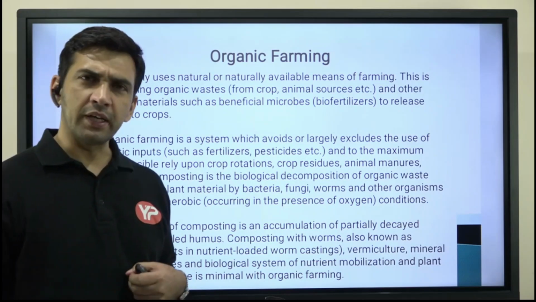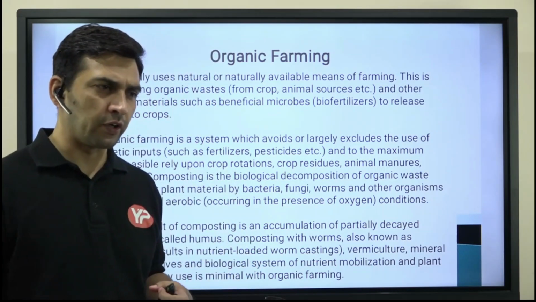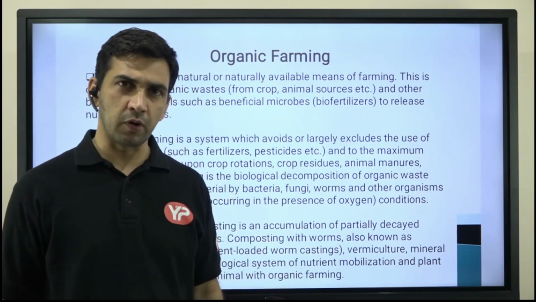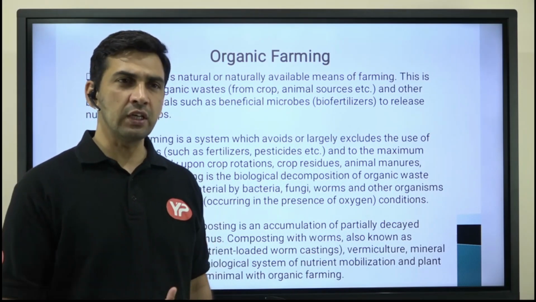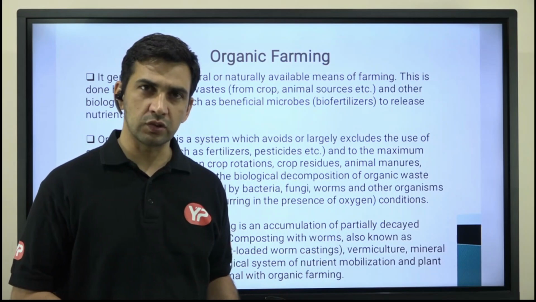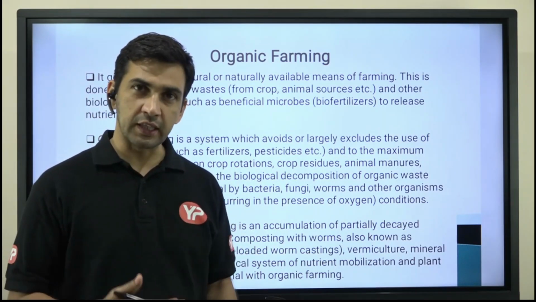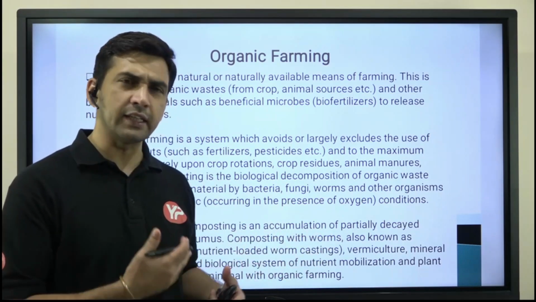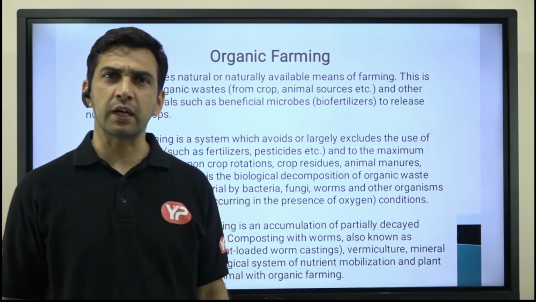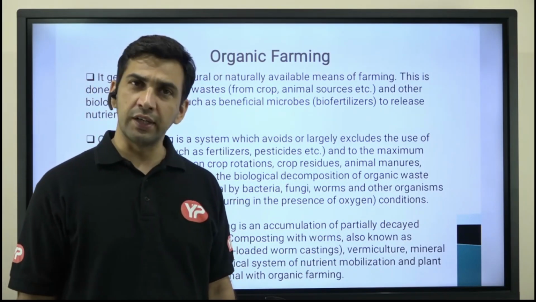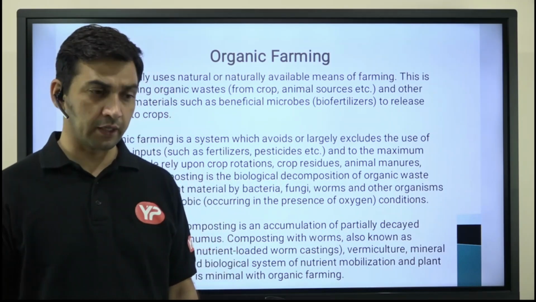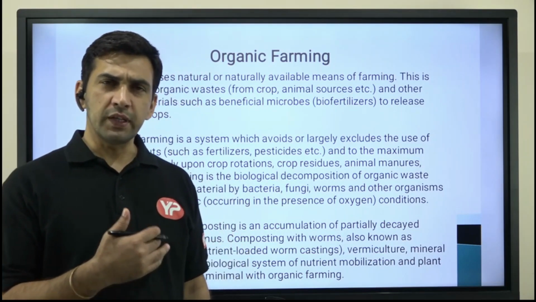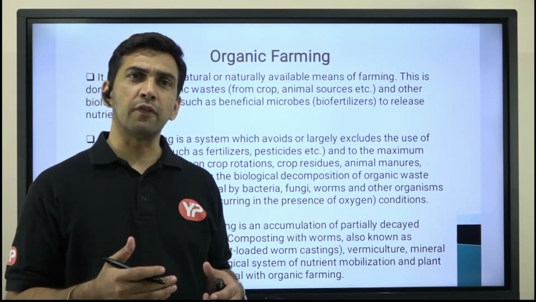So whatever farming or agriculture practice we are already following, for example, today the agriculture activity on which we are mostly dependent, we call it conventional farming. Conventional farming means we are making use of artificial fertilizers and artificial pesticides and all that. So the technique that we use on a regular basis in agriculture-related areas, we have classified as conventional farming. In case of organic farming, in this particular agriculture practice, we will make use of the natural means